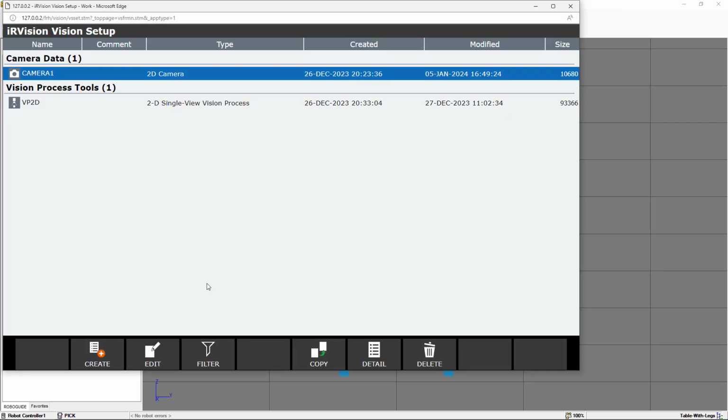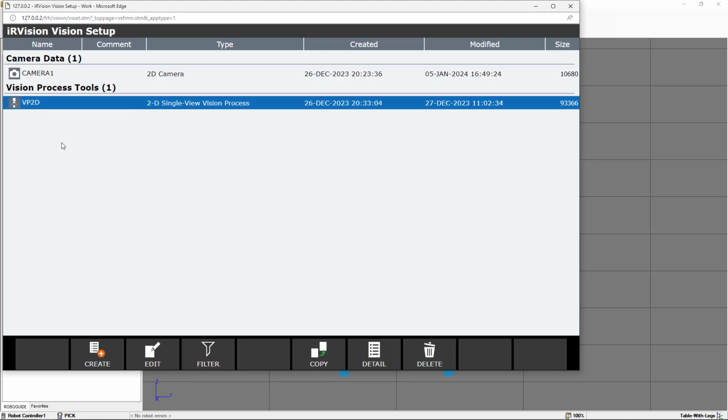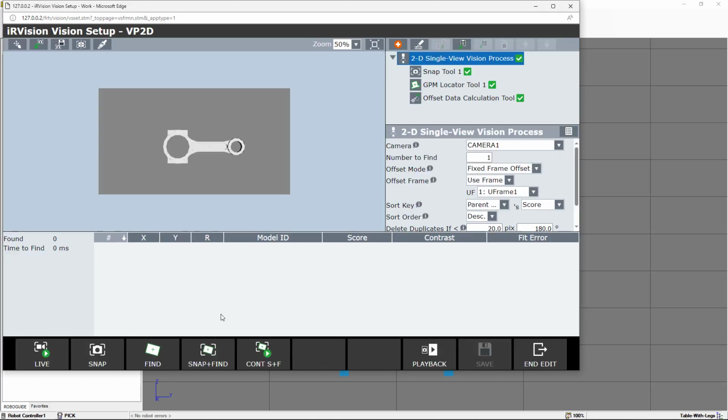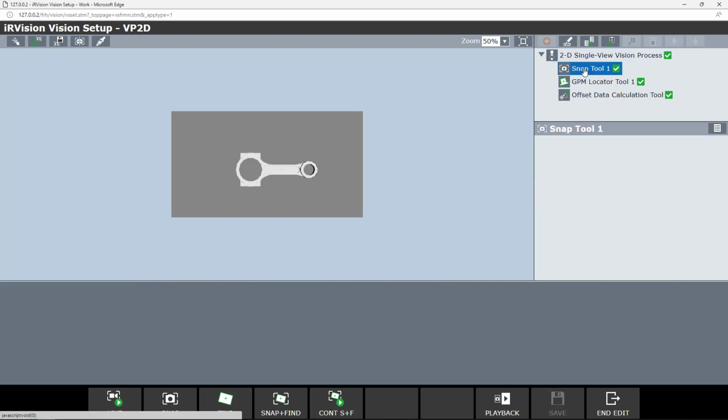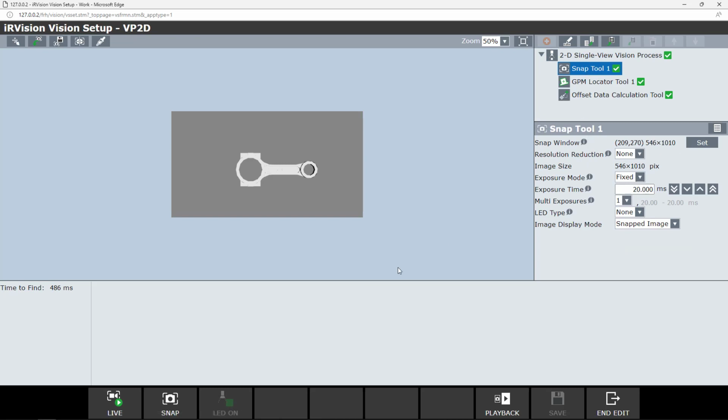So what we're going to do now, we're going to select the vision process. We're going to edit. And we're going to do the edit again for the part because we changed the size of the part. So we're going to select again the parent tool for the vision process. We are not going to make any changes over here. We're going to select the snap tool, and the snap window, we can take a snap